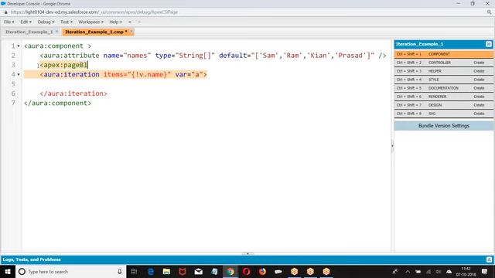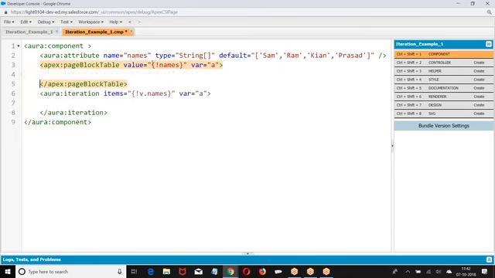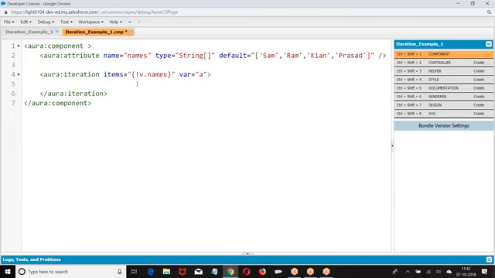In Apex page block table, value equal to names, var equal to, right? Value equal to list of elements. Here, items equal to list of elements. That is the only difference. Then I told names, it is an attribute, so v.names.